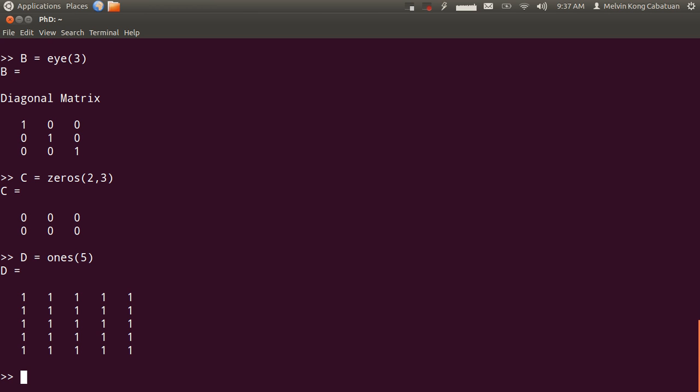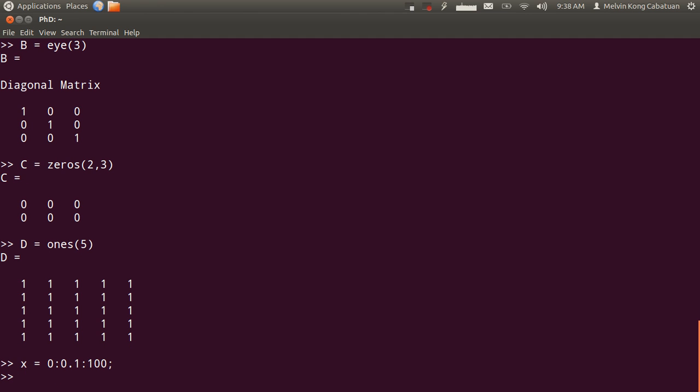And pretty much you can also perform easy plotting. Like we could set a linear space. Let's have an X linear space, and let's set it from 0 to 100, and I want to have an interval. By default the interval will be 1, but let's have a 0.1 interval. And these are a lot of values, so I could choose not to print the actual row vector. So I will just put a semicolon,